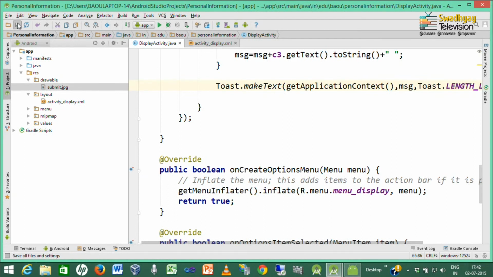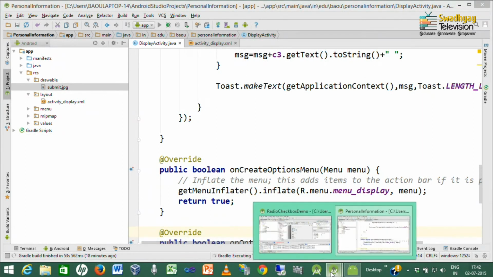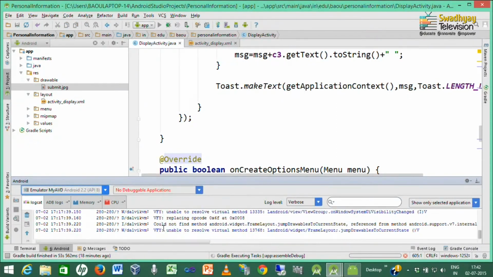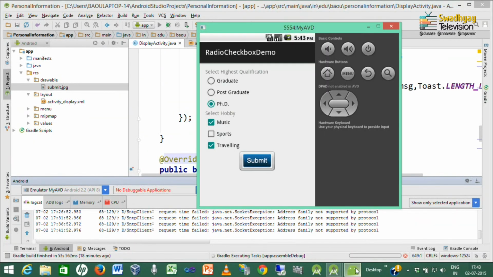We want to test in this running emulator. So, I am just pressing this start button and my application should be displayed inside this already running emulator. So, you can see inside this Android window whether your application is displayed or not.